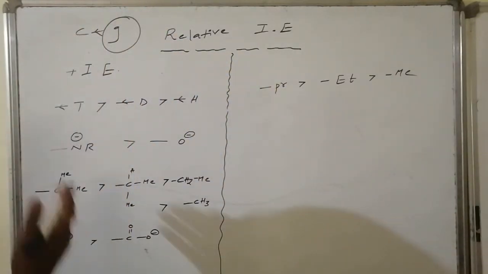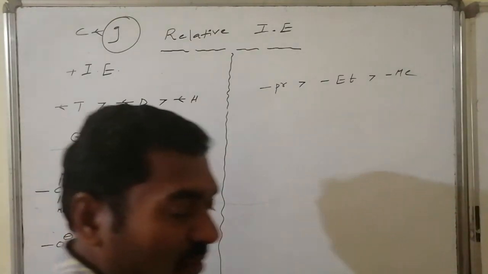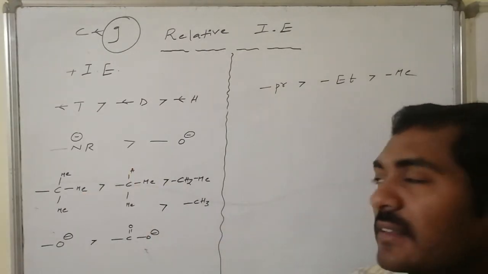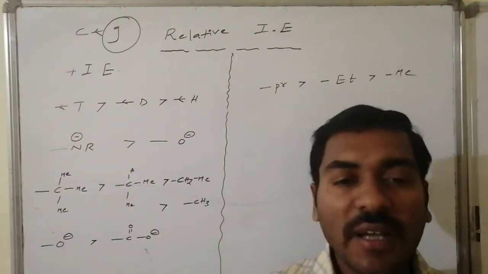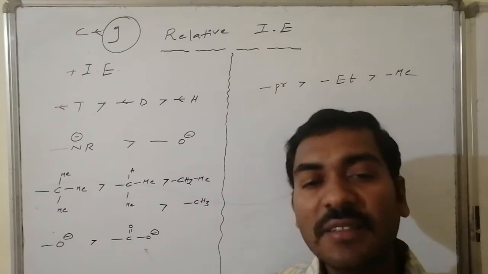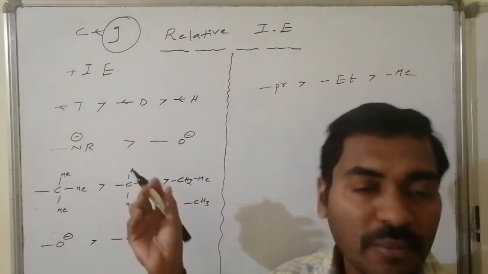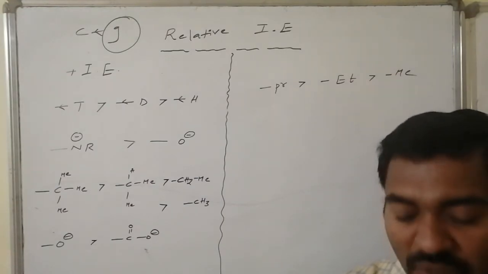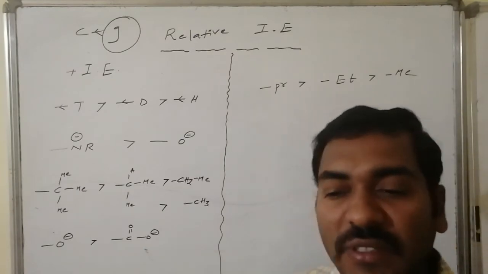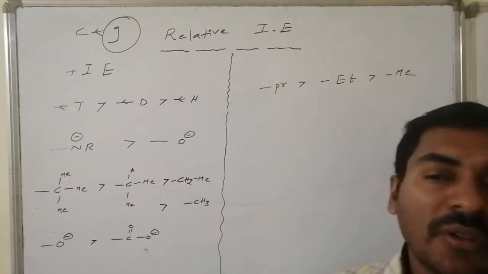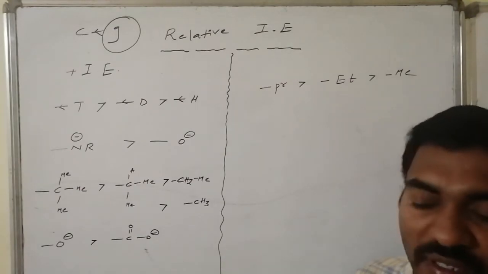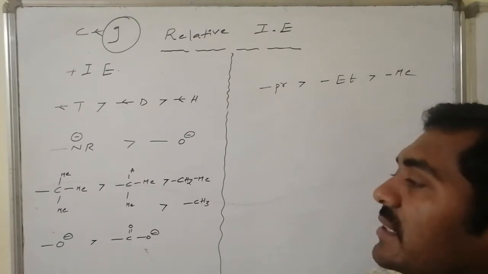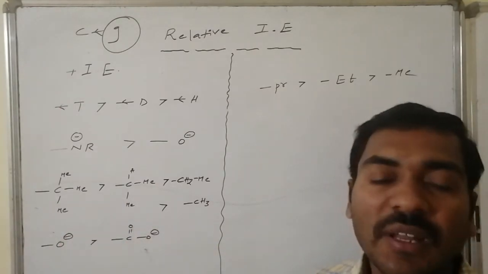This effect is said to be the positive inductive effect. Here nitrogen is less electronegative. Nitrogen has one lone pair of its own from the beginning, and here it has another lone pair of electrons. Thus it can push its electron density towards the carbon in the chain with high strength compared to oxygen, because the nature is the same, but oxygen is more electronegative. Therefore it wants to keep the electron density with it. So in the relative competition of both uninegative anions, the nitrogen-related positive inductive effect is stronger compared to the O minus positive inductive effect.